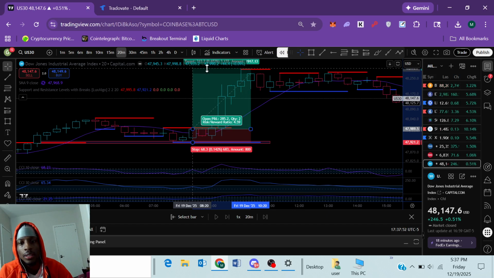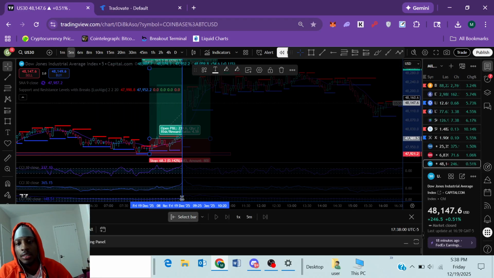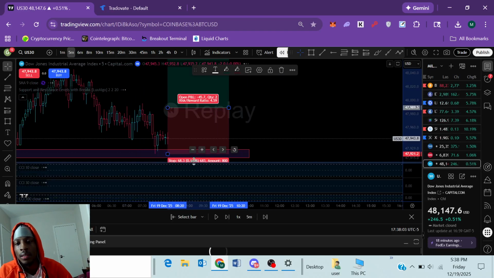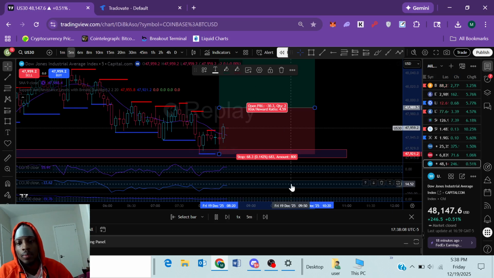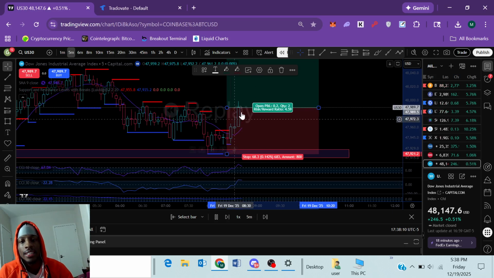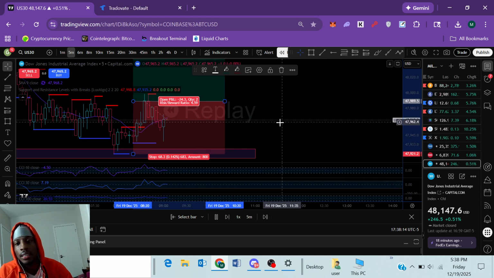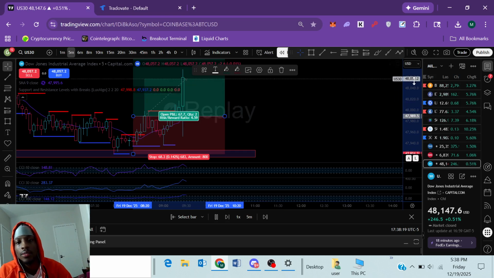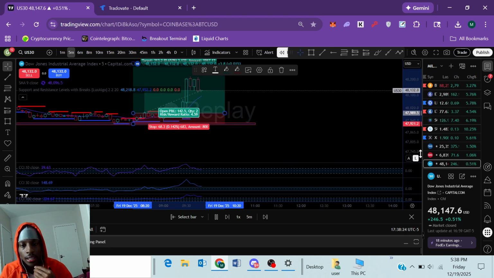Now, there was a period where the market was moving kind of awkward, coming close down to our stop loss. If I were to rewind it and show y'all on the 5-minute time frame how it was moving, you will see we entered right here on that candle, and the market was playing around initially. And then out of nowhere, the market just starts taking off, in which we were able to capitalize on that.